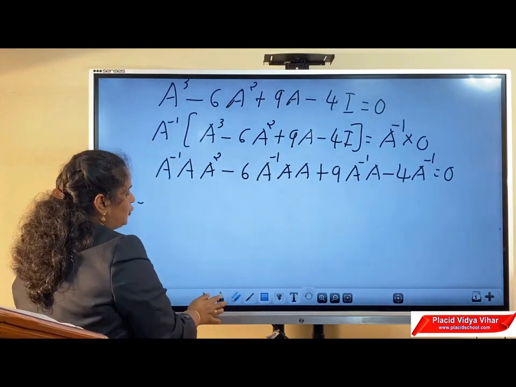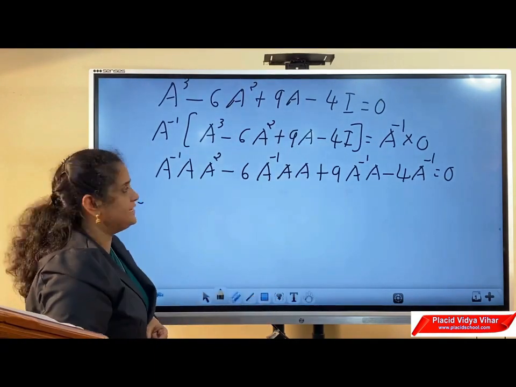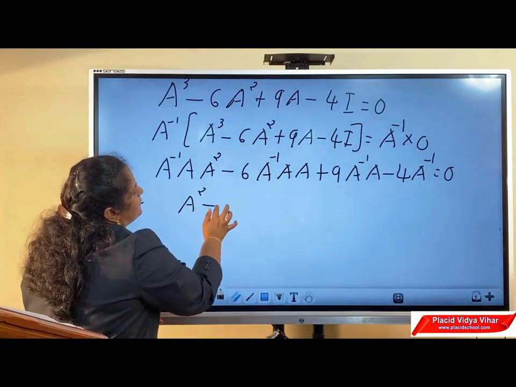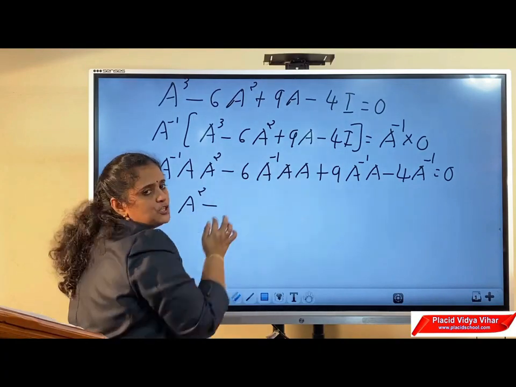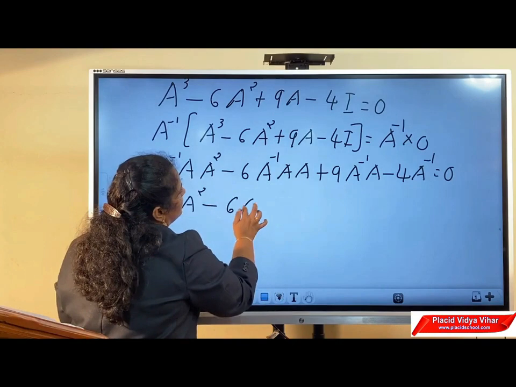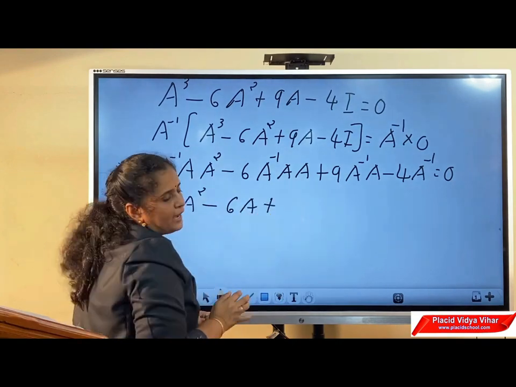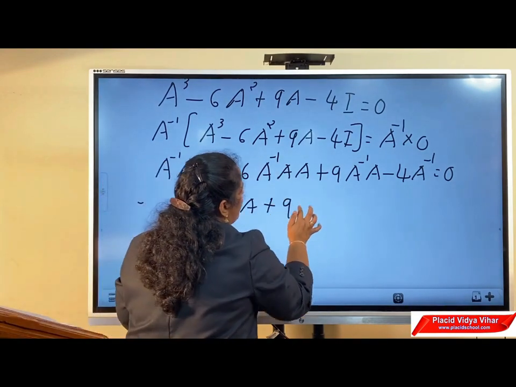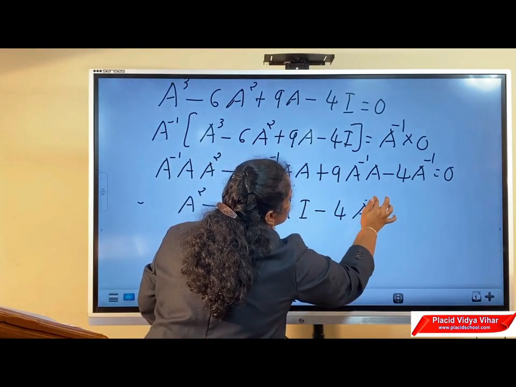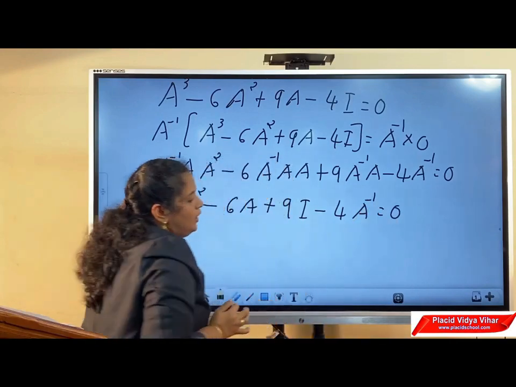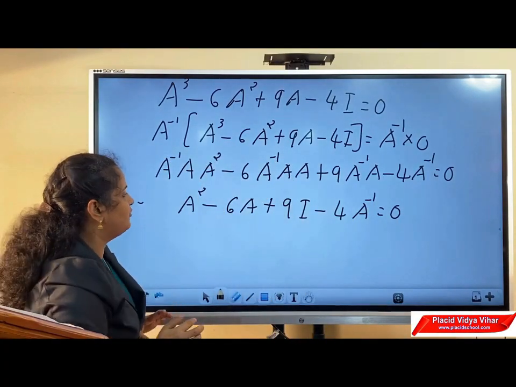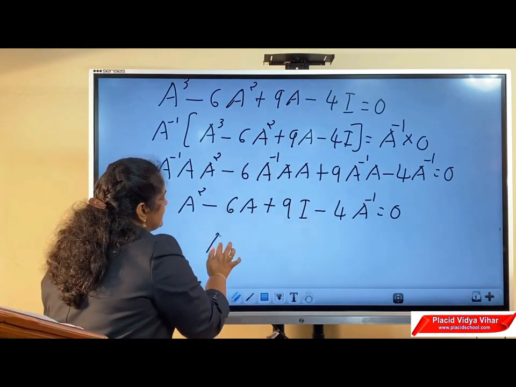We know that A inverse into A is the identity matrix. That is A square minus A inverse into A is equal to I. That is, A square minus 6A plus 9I minus 4A inverse is equal to 0. All the other terms you should transpose to the right hand side. We can find A inverse. Then A inverse is equal to